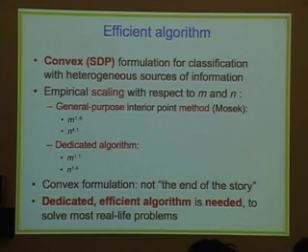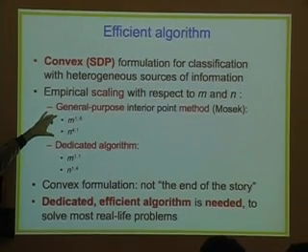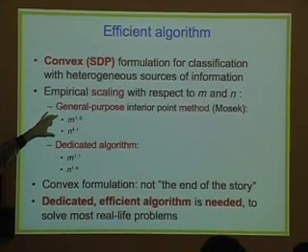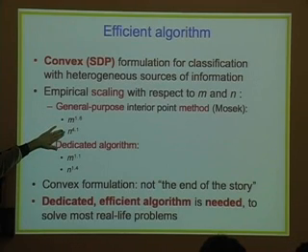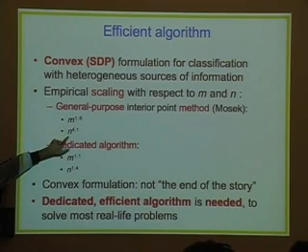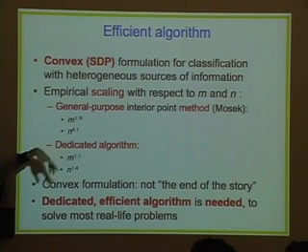Basically, the question here obviously is, having a convex formulation for this classification problem, is this the end of the story? And it actually is not, because if you use general purpose packages for convex optimization, they will offer you algorithms that run in polynomial time, which is much better than NP-complete situations. But again, the scaling in terms of number of data points can be pretty bad. For example, here it turns out empirically that it scales like the 4th power of the number of data points, which means that you can basically deal with 500 or 1,000 data points and you're done.